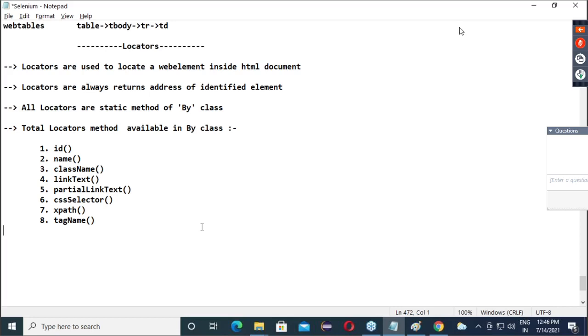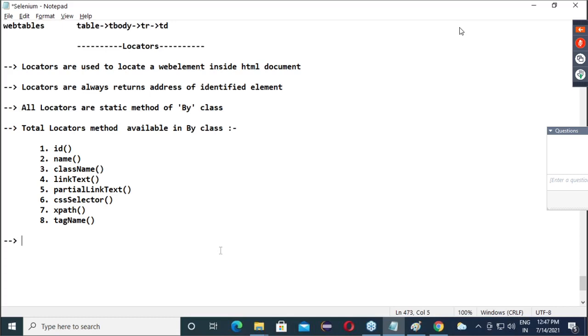First, copy this. And one more thing, guys, which you need to remember: every locator, that means every method, has a return type. So what will be the return type of all these methods? The return type of all these methods is By only.